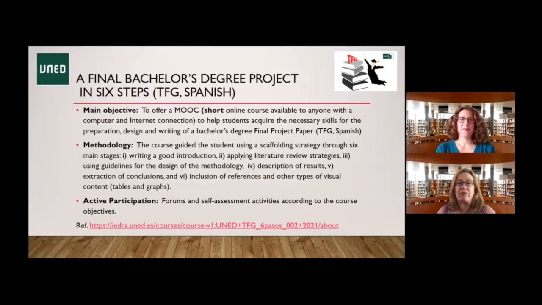We offer a MOOC that is a short online course available to anyone with a computer and internet connection. We attempted to help students acquire the necessary skills for the preparation, design, and writing of a bachelor's degree final project. The course guided the students using a scaffolding strategy through 6 main stages: writing a good introduction, applying literature review strategies,